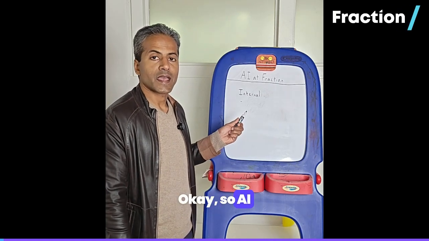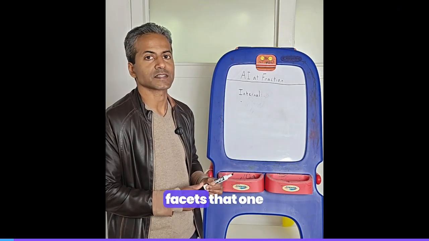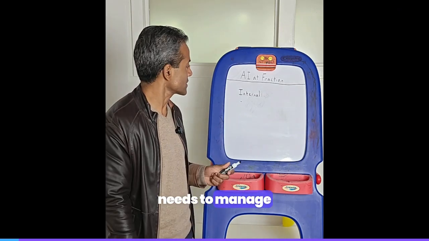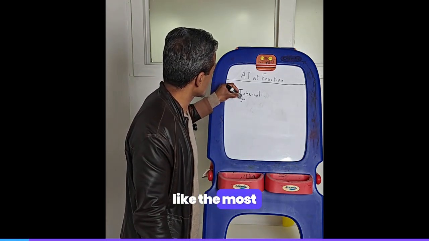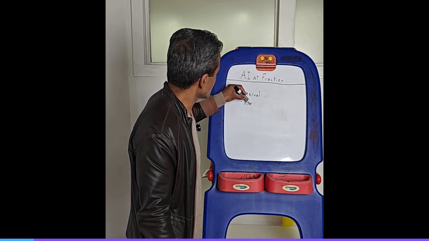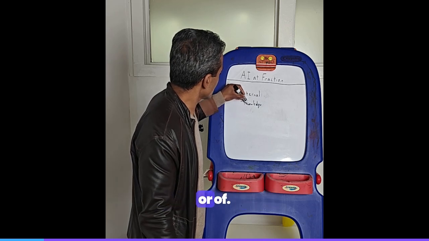Okay, so AI and its uses on the internal function. So all of the various internal facets that one needs to manage to keep a business running. One of the ones that I like the most here is actually the idea of a knowledge base,